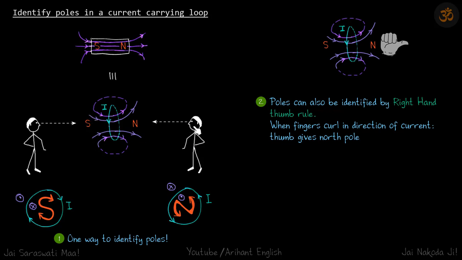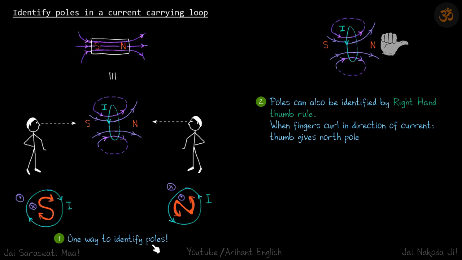If you look from the right side, you will get a view like this. Inside, the field lines are coming out, and outside they are going into the plane. And the current is going in the counterclockwise direction. The way to remember is you draw N and put arrows here, and the arrows are aligned with the direction of current. So this is the north pole. If you look from here, the current will be in the clockwise direction. That coincides with the arrows on S. So this is the south pole.